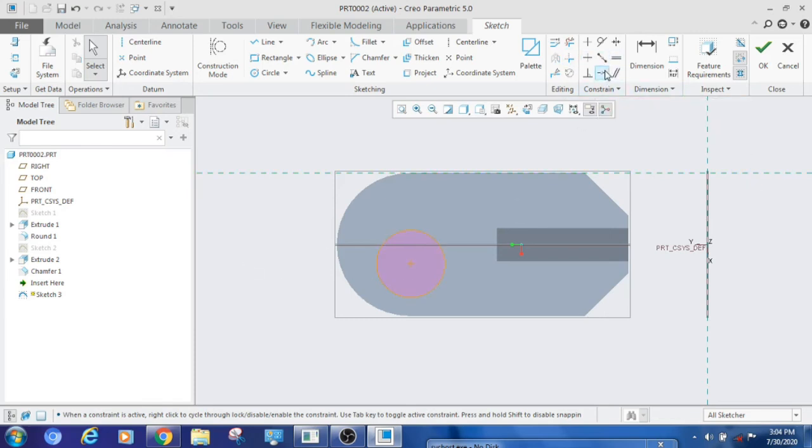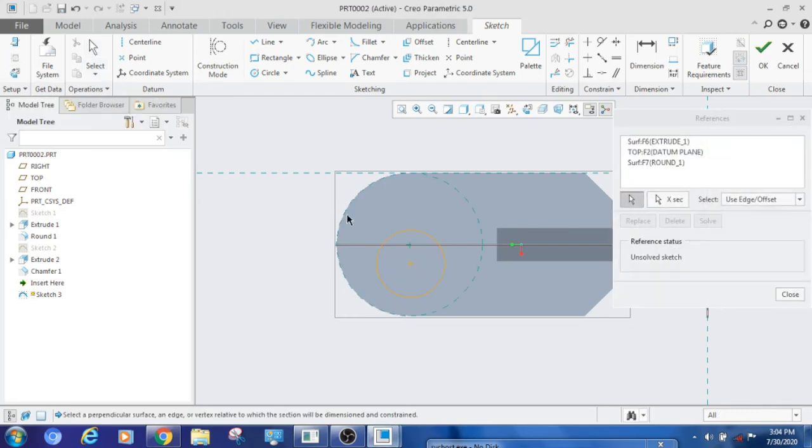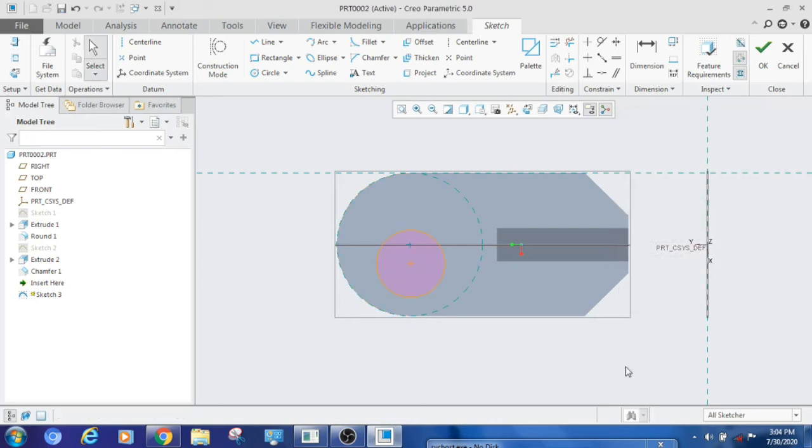For that first we have to activate reference. Just click the Reference button, select the outside circle and done. Now here you can see the center point for the outside circle. Now you can use Coincident: inside circle center point, outside circle center point.